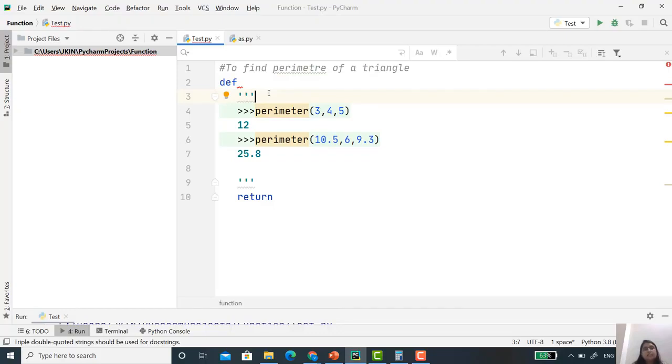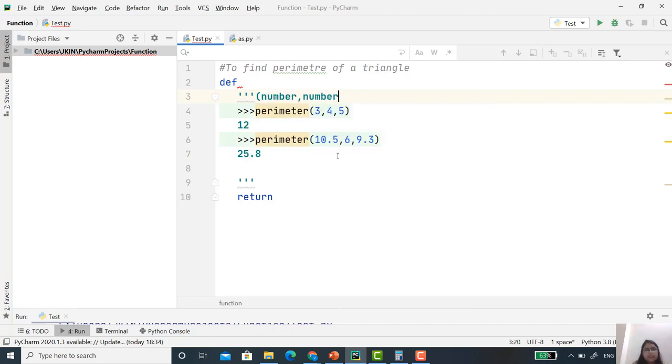What is the second step? That is the type contract. So for that you just see carefully, see here what kind of value I have passed inside this function. In this it is integer. Here it's a combination of integer as well as float. So I can say that inside the function I can pass a number.